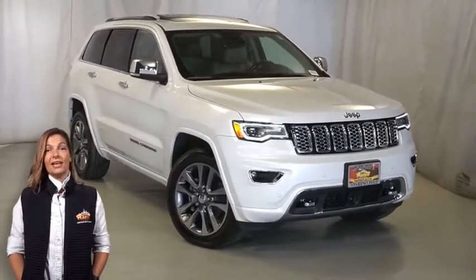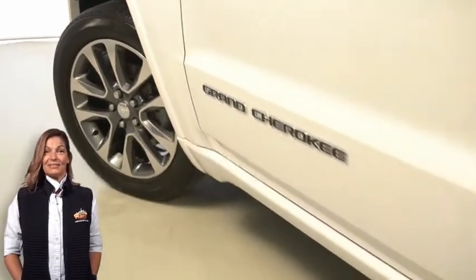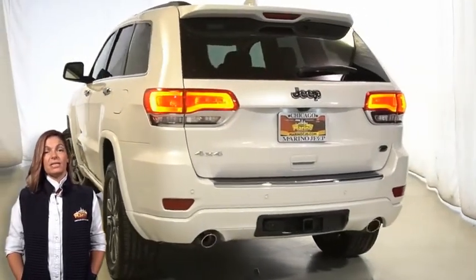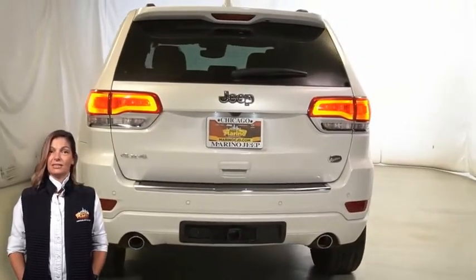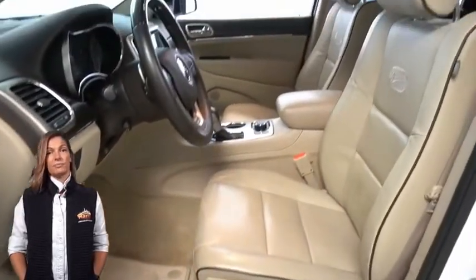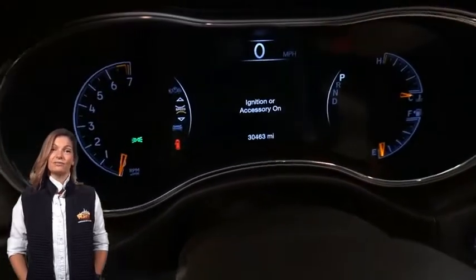With Bi-Xenon HID headlamps, LED fog lamps, 20-inch tech gray aluminum wheels, power folding multi-function mirrors, LED tail lamps, heated and ventilated front seats, steering wheel mounted shift lever, instrument cluster with off-road display pages, 8.4-inch touchscreen display, navigation,